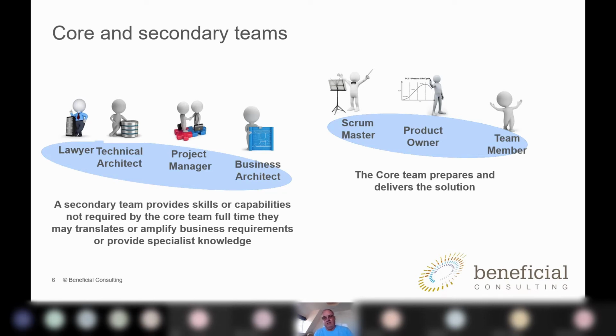If this was a transformation team rather than a software development team, you could have HR specialists and all sorts of people in this secondary team, and your team just plans its work and then draws the people out of the specialization area as and when they need them. I think this works. I think this is a way of doing the work without saying that you've got to have everybody inside the Scrum team.